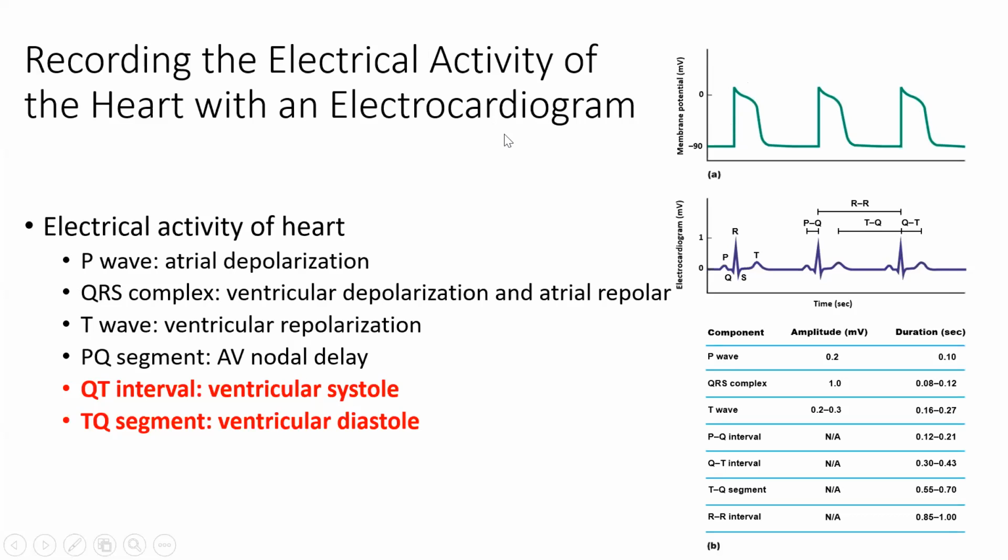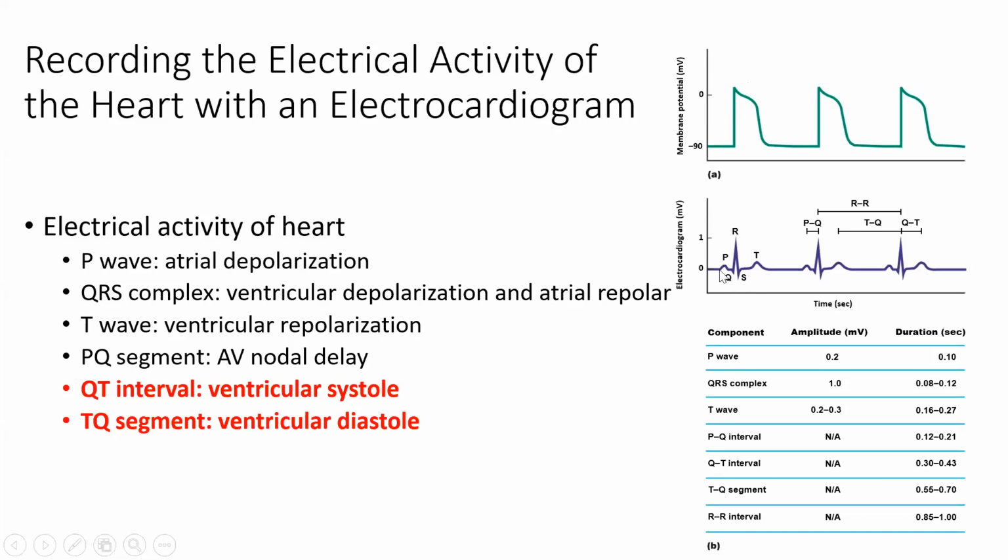So we start with the P wave, and the P wave is the initial depolarizing, which is happening in the atria. We talked about this, right? It starts up in the atria. And so the P wave is a small curve reflecting the depolarization of both atria. We then have the